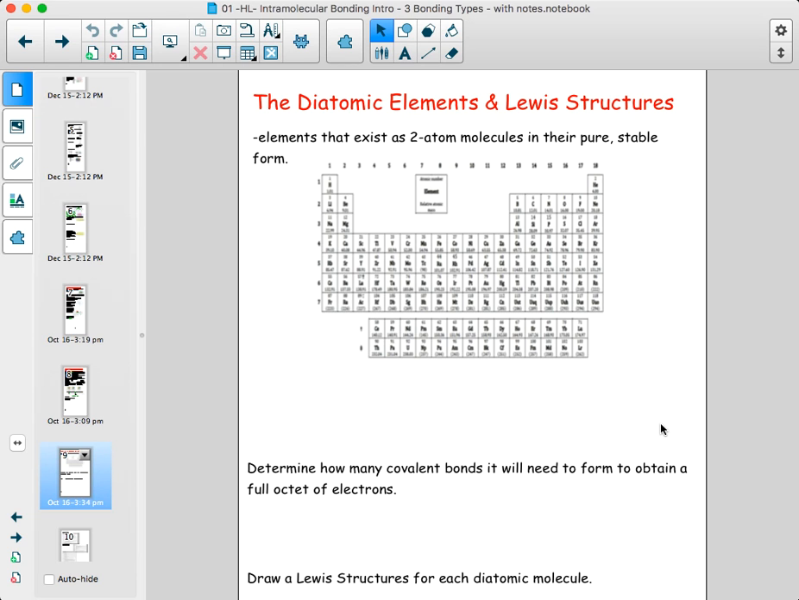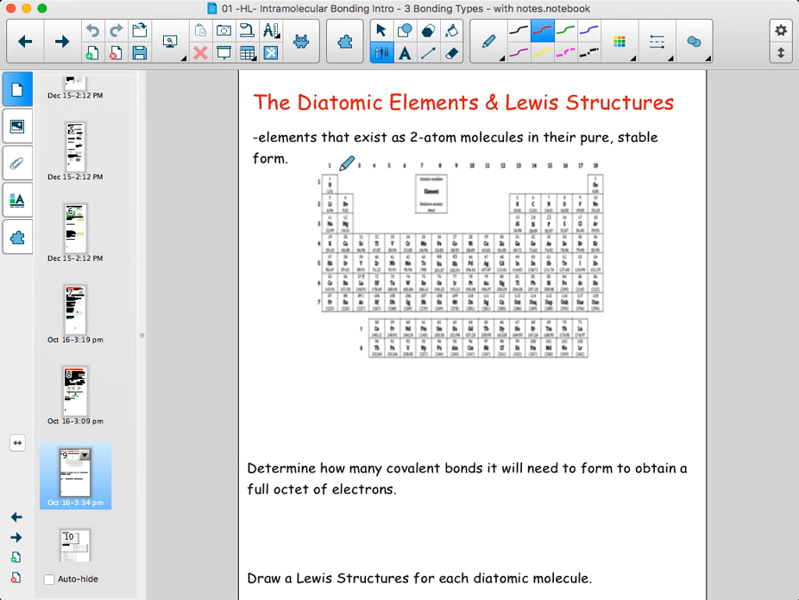So diatomic elements are elements that exist, when they're in their pure elemental stable form, as small molecules made of two atoms. It's important, it comes up all the time in the IB exam, that you know which seven elements exist